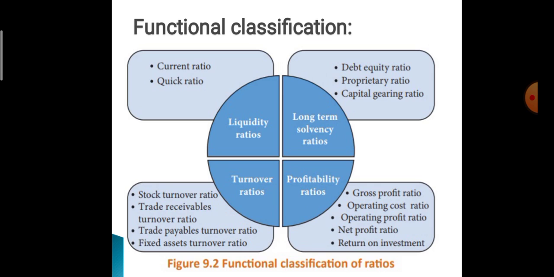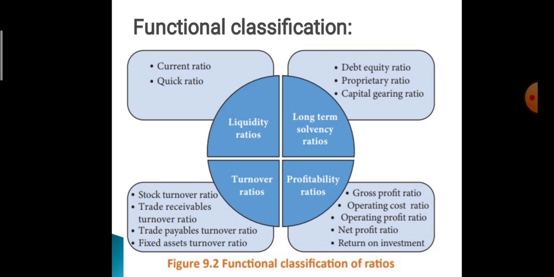Current liabilities are liabilities that are to be repaid within a period of 1 year. They include bills payable, sundry creditors, bank overdraft, outstanding expenses, income received in advance, proposed dividend, provision for taxation, unclaimed dividends and short-term loans and advances repayable within 1 year. Any installment of a long-term liability payable within the next 12 months is also a current liability. So current ratio is equal to current assets divided by current liabilities.